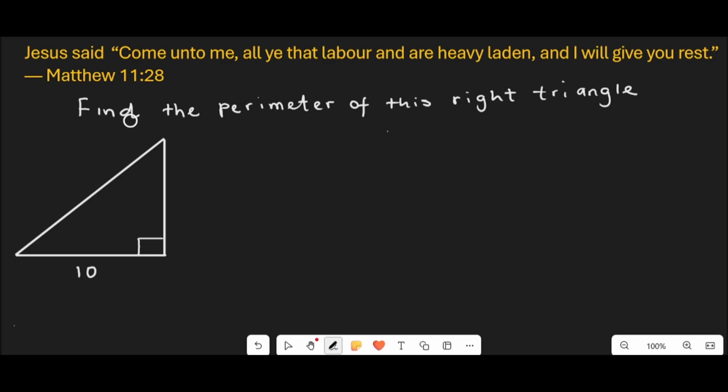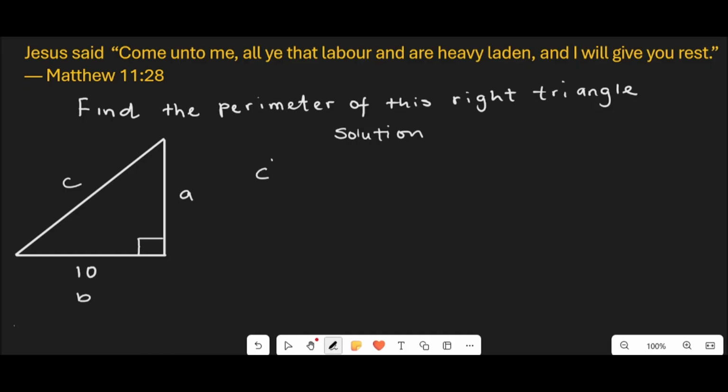Hello everyone, in this video we want to find the perimeter of this right angle triangle. Solution. Now let us label the length of this side A, the length of this side B, the length of this side C. And since the given triangle is a right angle triangle, we can use Pythagoras theorem, which says